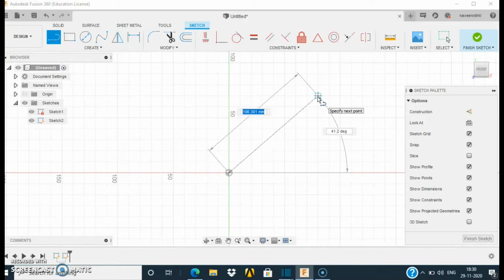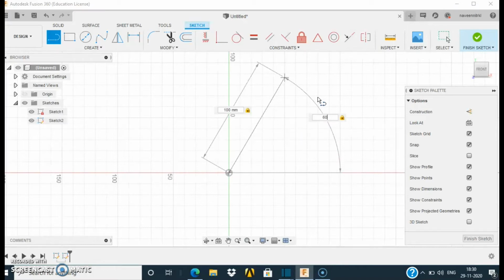If you want to create a line of 100 mm length at an angle of 60 degrees, simply press Tab. It will move to the next numerical value, and put the value of angle, 60 degrees. It will create a line of 100 mm length at 60 degrees.